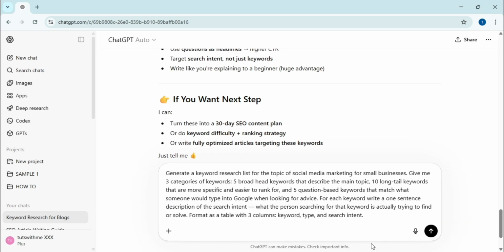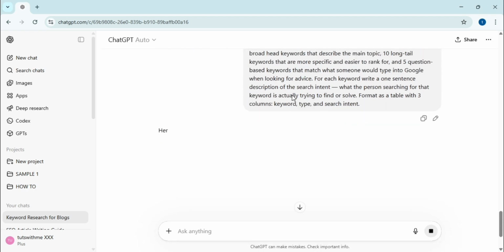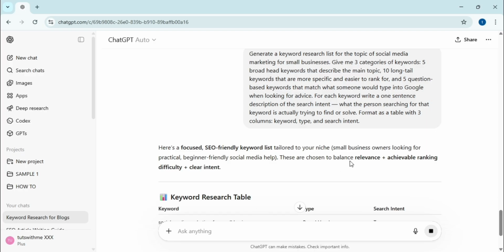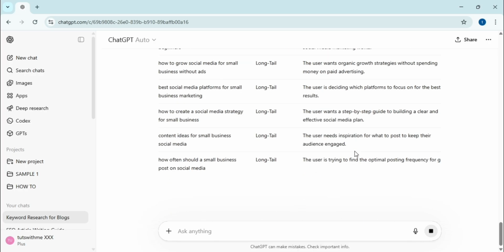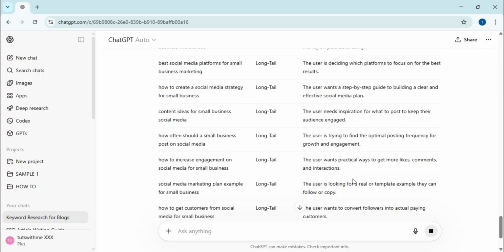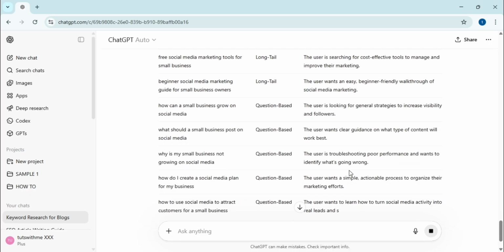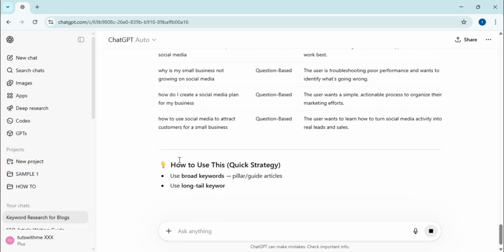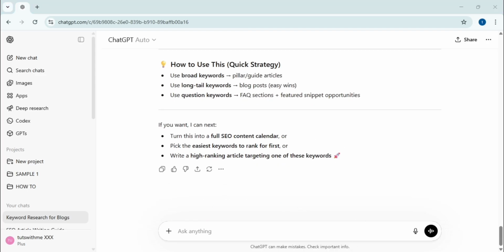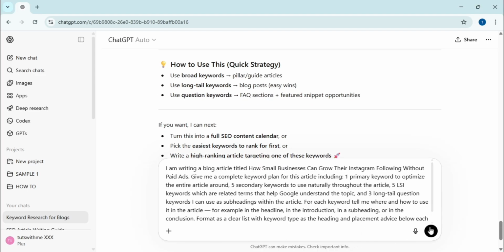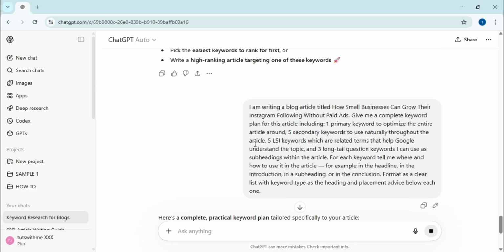Next, I ask for a structured research list for social media marketing, requesting broad, long-tail, and question-based keywords. It organizes the results into a clear table that details the search intent and keyword type for each entry. This breakdown makes it easy to see exactly what small business owners are searching for and how to address those needs. Now, I'm moving on to content planning by asking for a complete keyword plan for a specific blog post